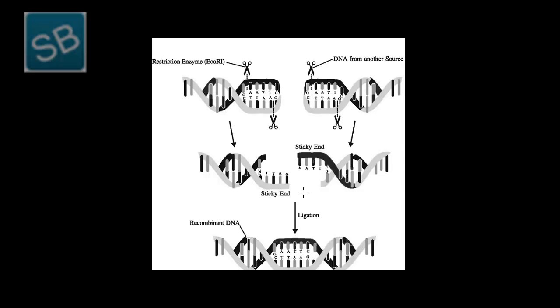This figure depicts the cutting of DNA at specific location. As it can be seen from the figure, two different double-stranded DNA molecules are cut with the help of restriction enzyme. Here it is E. coli, so E. coli 1, which produces sticky ends of two different DNA fragments, since it is cut in an asymmetrical manner. These two different sticky ends of two double-stranded DNA molecules are further joined with the help of DNA ligase by undergoing ligation to form a new recombinant DNA molecule.